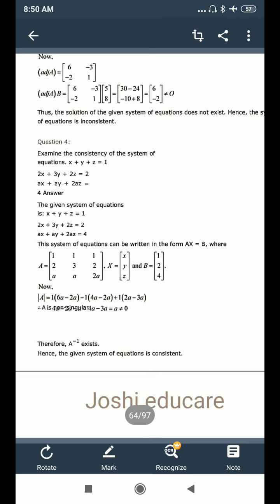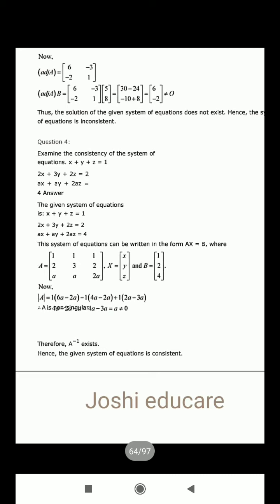And if it is also equal to 0, listen to me carefully. If adjoint of A into B is also equal to 0, then you will declare that the system is consistent with infinitely many solutions. You need not calculate those solutions. So if determinant of A is 0, first we'll find adjoint of A, then we'll find adjoint of A into B. Adjoint of A into B can be 0 or can be non-zero. If adjoint of A into B is non-zero, then you will say the system is inconsistent. That is the only condition for inconsistency of the system. In all other cases, it will be consistent.